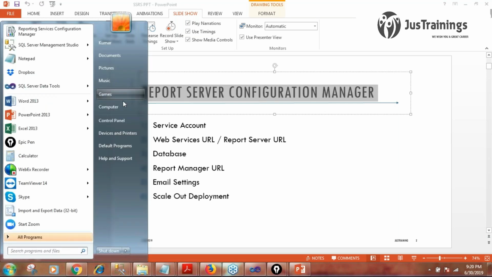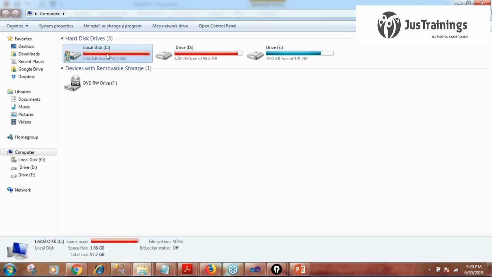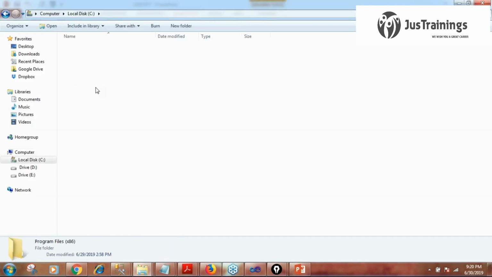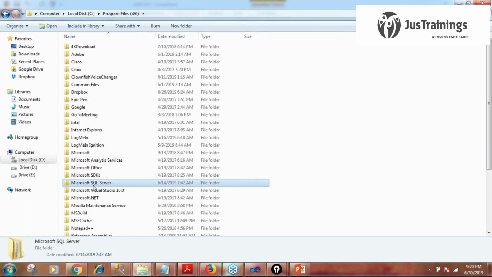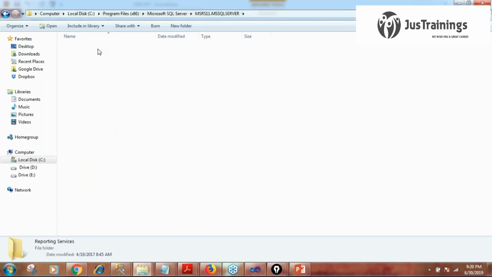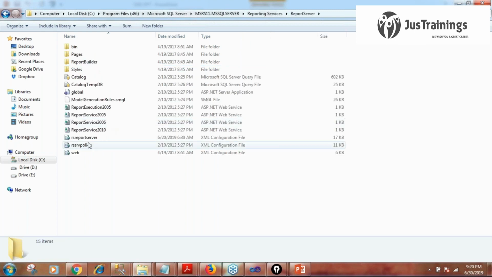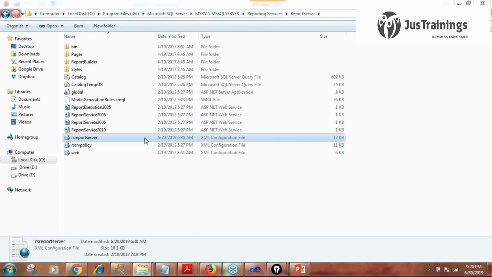When you install SSRS, all the settings related to it will be available here. Program Files, Microsoft SQL Server, SSRS, Reporting Services, ReportServer. So there is RS_ReportServer. Just expand this.